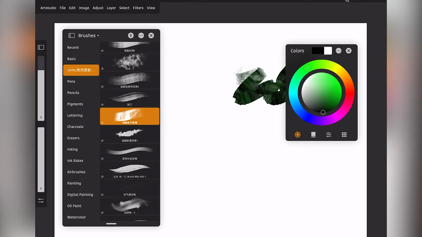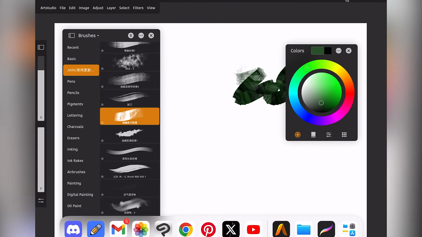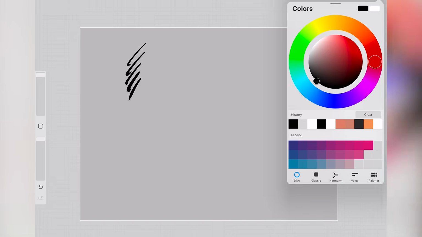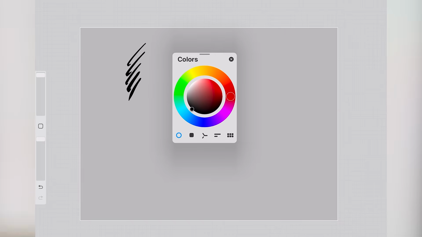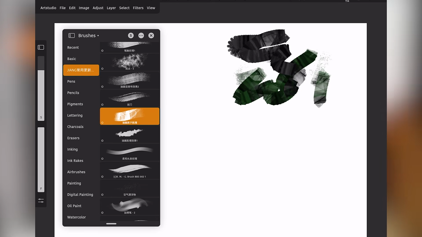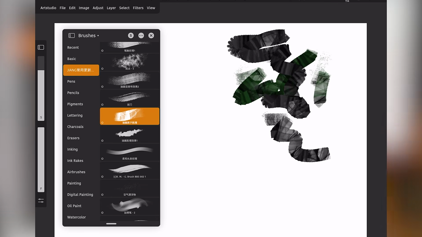Question mark, why is it green? So this doesn't have the snap, just like in Procreate. If you don't know, this is the one thing that I like about Procreate. Double tap and it'll automatically snap to black, gray, white, and then saturation. Okay, so that means I was selected to a really dark green color. So this is selected to black.